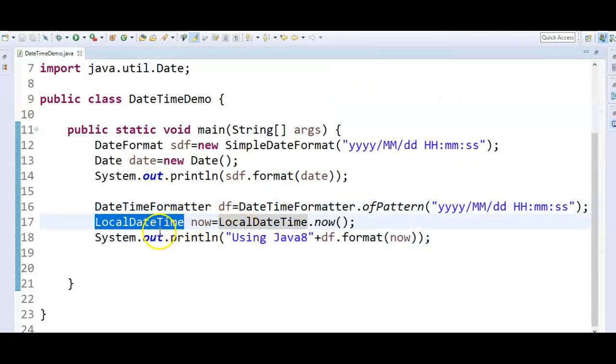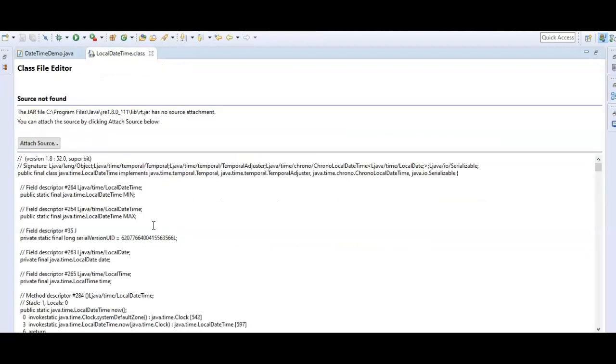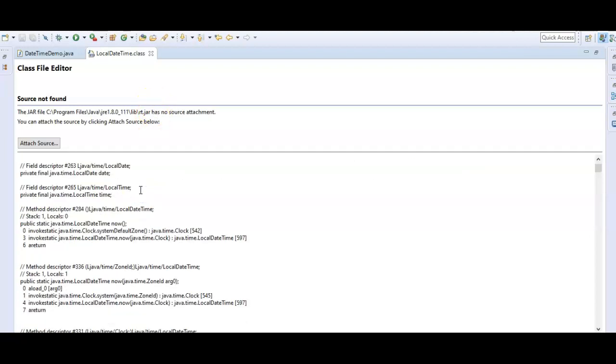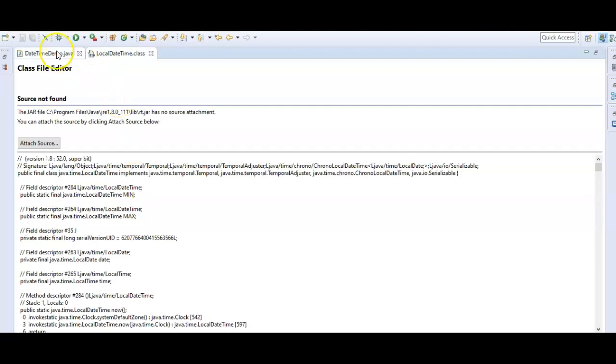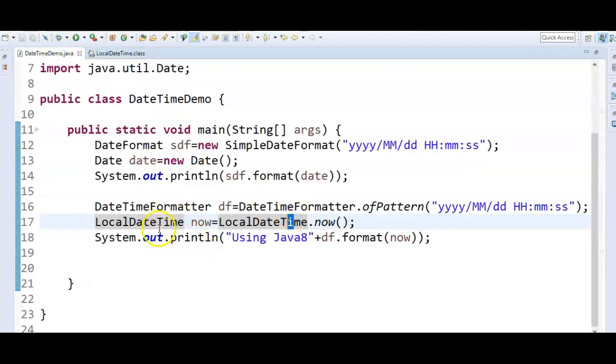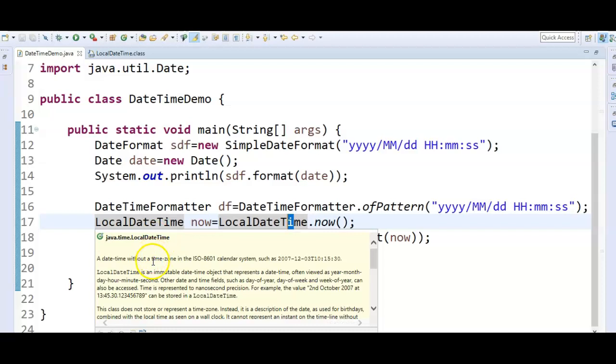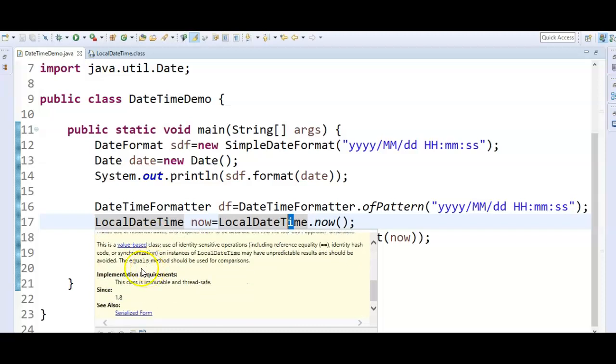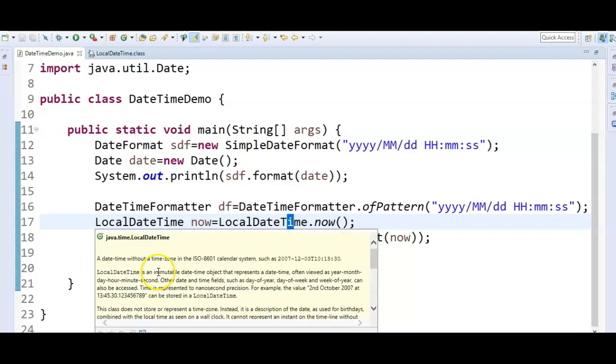So which class we are using? LocalDateTime. So what is the purpose of this LocalDateTime? If you see, this was added in Java 1.8. So what is the purpose of this java.time.LocalDateTime? A date time without a time zone in the ISO calendar system.